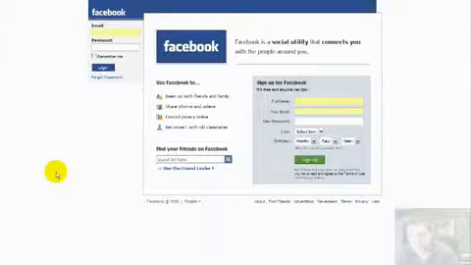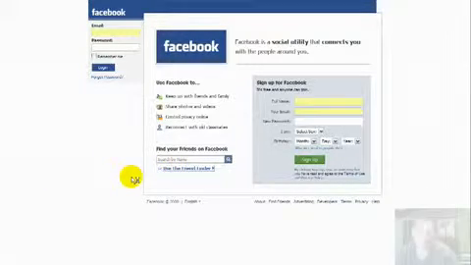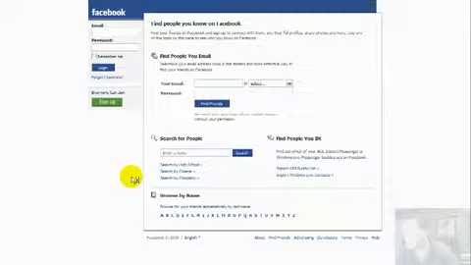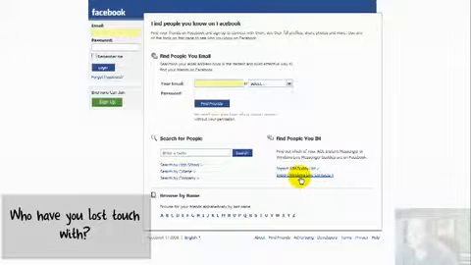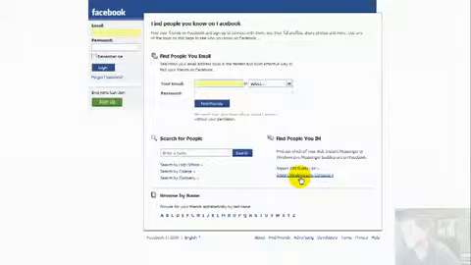First question I would ask is, do you have any friends that you've lost touch with? The Friend Finder is a great tool for this. In the event that maybe there's people from high school or college or some other place in your life that you've moved or relocated or just you've lost touch with people, you can search by high school, college, company, buddy lists, all kinds of different ways to try to find friends that maybe you've lost touch with. That's a very powerful way to use Facebook.